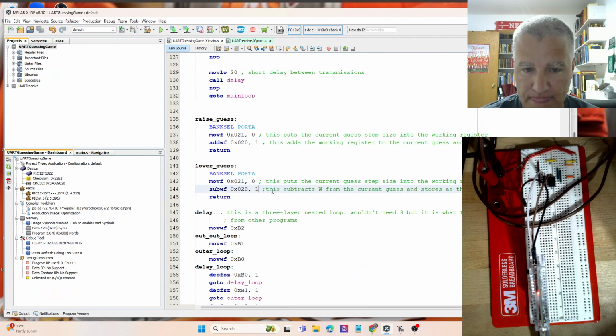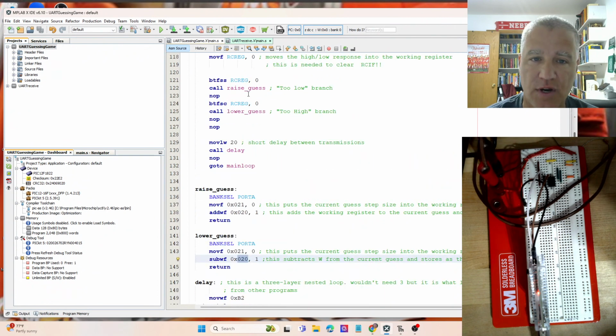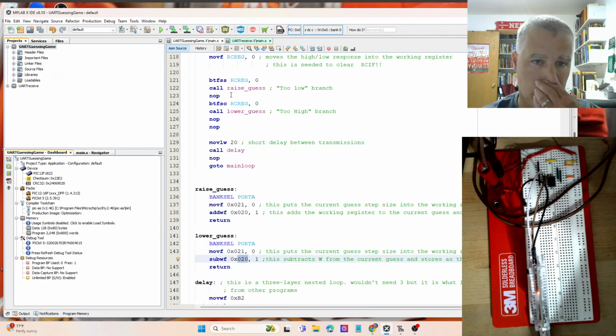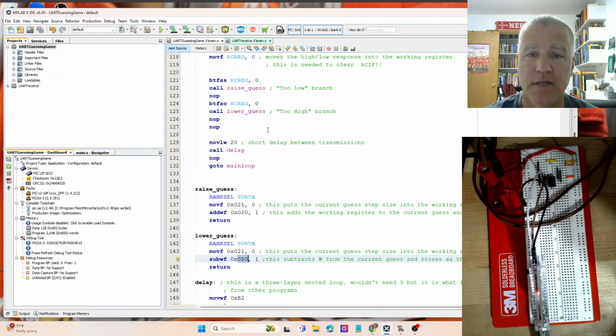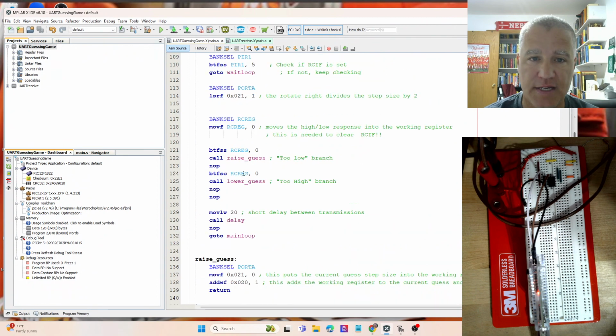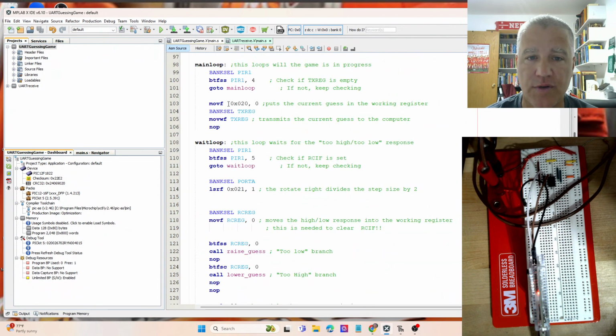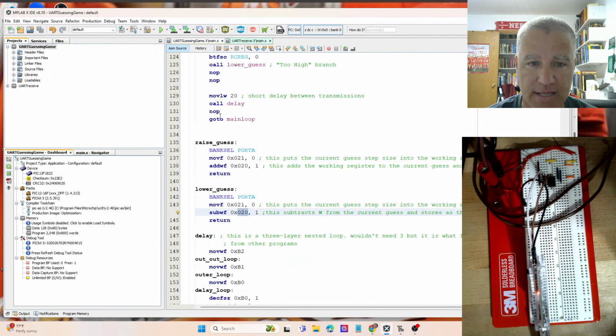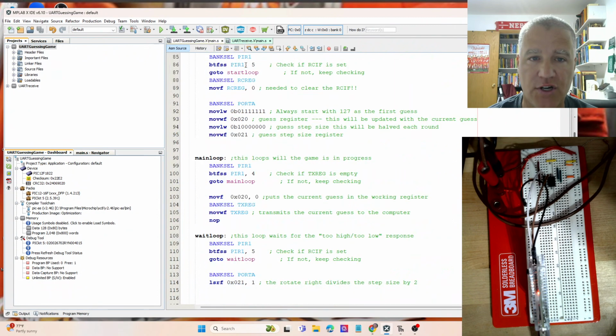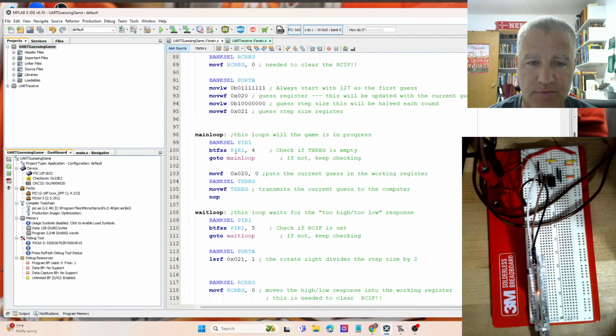And so we do that. Again, put a 1 here, so that means the result gets put back into the 020 register. In both of these cases, we return back to where they came from, and so we'll move through the loop. And so that will update this, and then when we come back through here, we will send the new guess, right? Because this will go back to main loop, and whatever our current guess is, not start loop, but main loop, we will